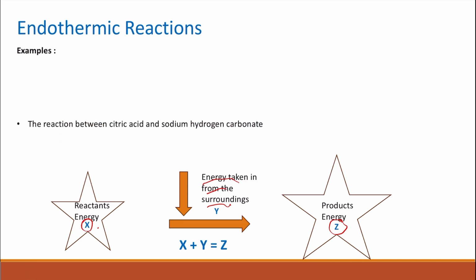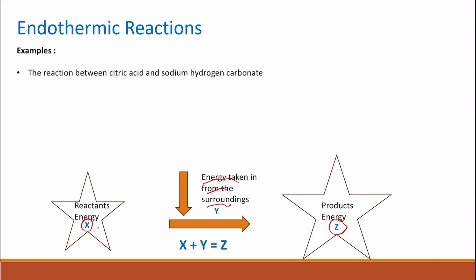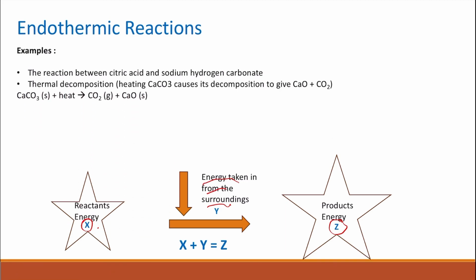Some examples of endothermic reactions are the reaction between citric acid and sodium hydrogen carbonate, and also the thermal decomposition of carbonates like calcium carbonate. Calcium carbonate needs heat in order to give you the products, which are carbon dioxide and calcium oxide. And this is a type of endothermic reaction where energy must be taken in from the surroundings. Are there any applications and uses for this one? Yes,